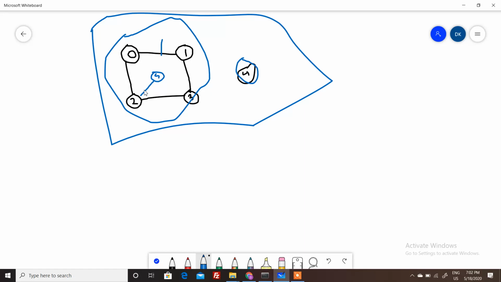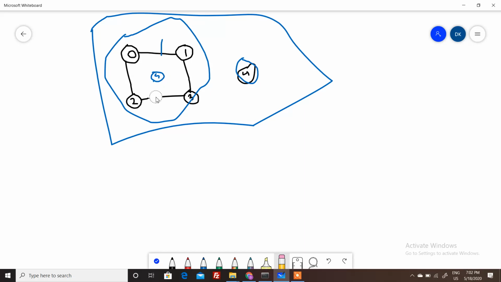If we add 5, then if we take any pair, let's say 0 comma 5, we are still able to go to 5. How? From 0 to 2, then 2 to 5. Okay, so let's do one thing. Let's remove this component now. How many connected components are there in the graph? Now the number of connected components in this graph is 3. The first one is 0 1 3 2, the second is 4, and the third is 5.